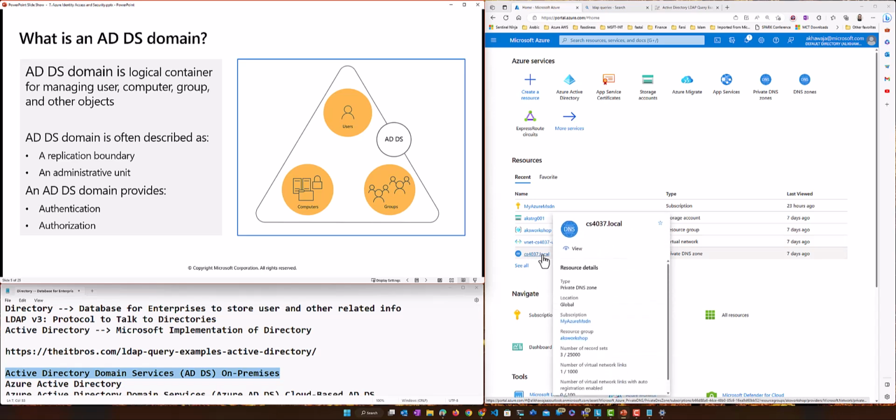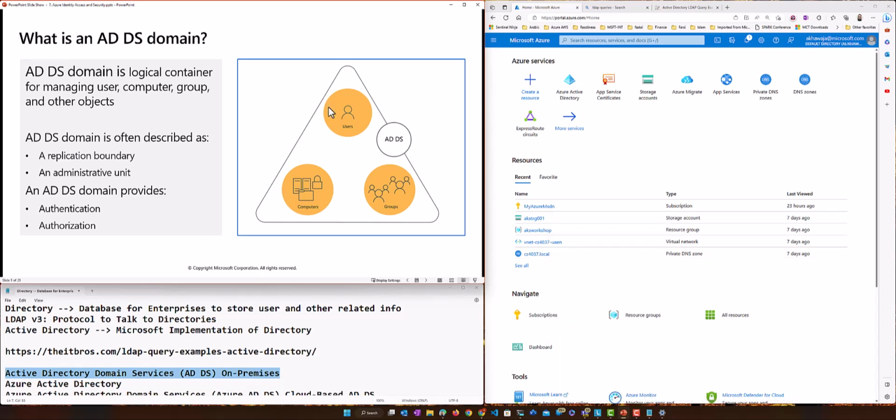A lot of the time we do this, like for example, let's say PIA's online domain is PIA.com, so the internal domain could be PIA.local, right? Let's say Bata, Bata.local could be the local internal domain where all the users are created, right? So based on that, we create users, computers and groups in a domain. They belong to a domain.